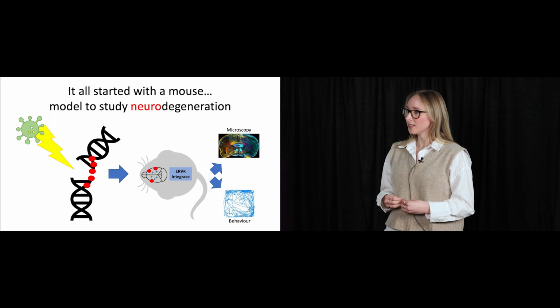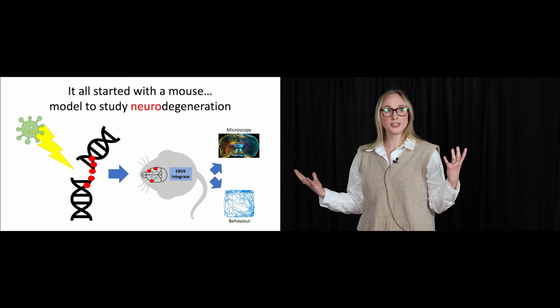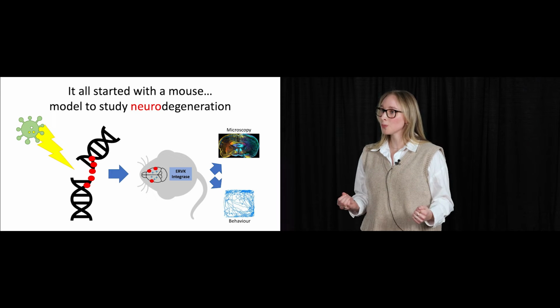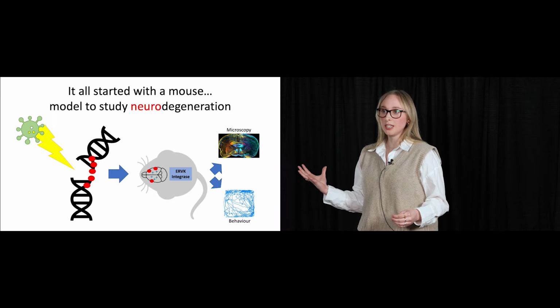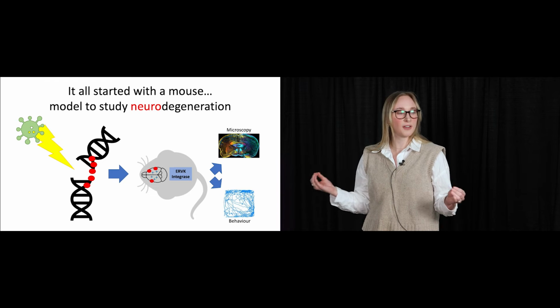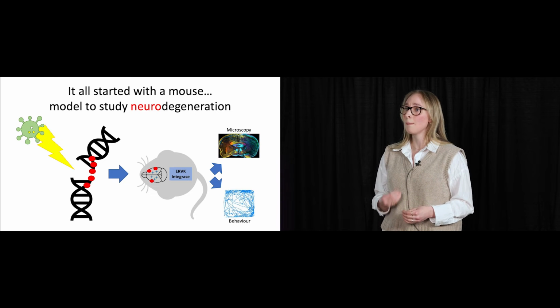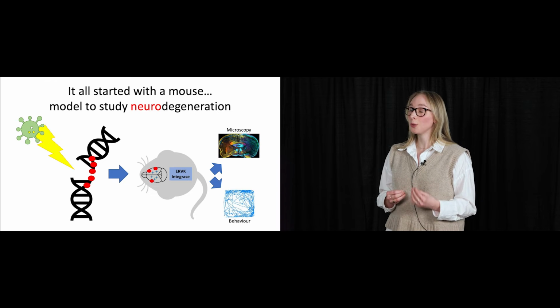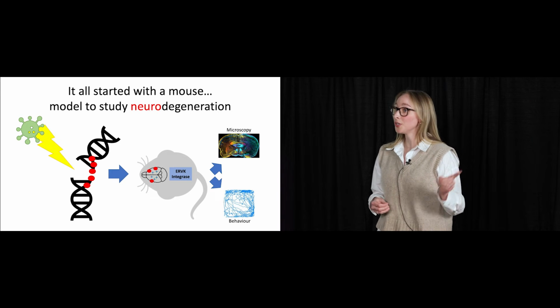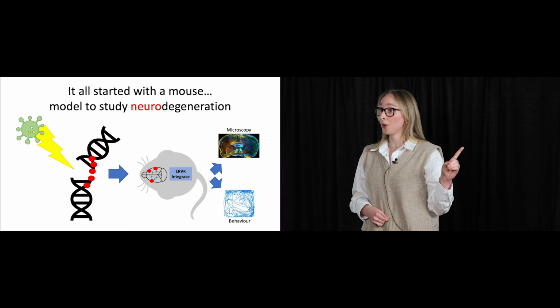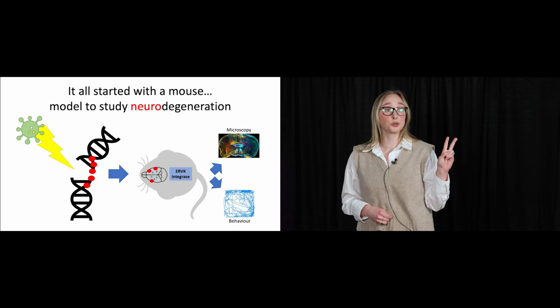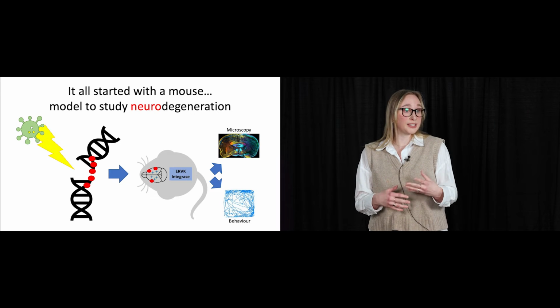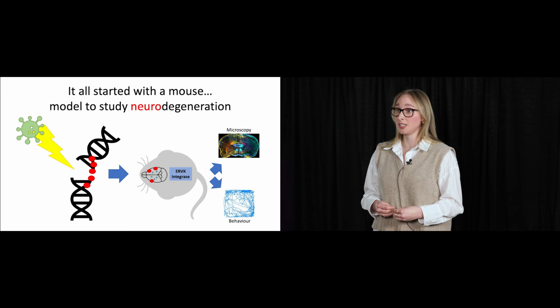So I ask, if ERVK integrase causes DNA damage, could a mouse model confirm that this viral protein leads to the onset and progression of ALS-like symptoms? My lab has already shown this in fruit flies. Now we move on to a preclinical model with mice, using a control group that does not express the viral integrase protein and a test group that does. So here integrase is on, doing its work damaging DNA.